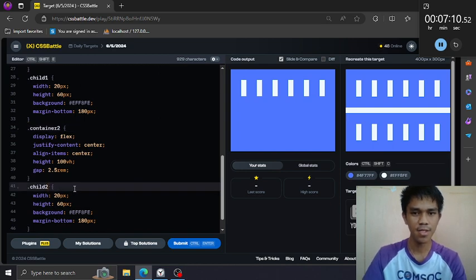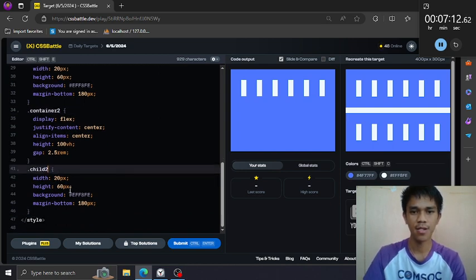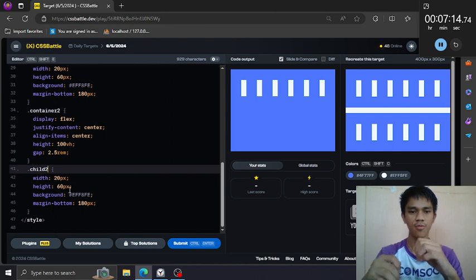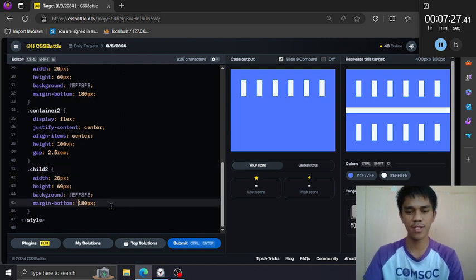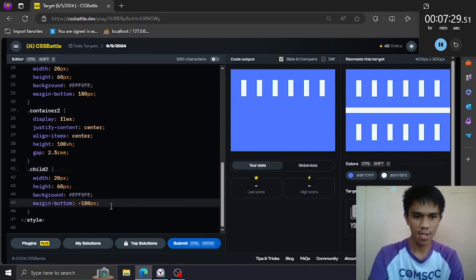And then they are on top of each other, so why not we put the 2 on the bottom. So to do that, just decrease the margin bottom, or maybe we can just invert this to negative, and